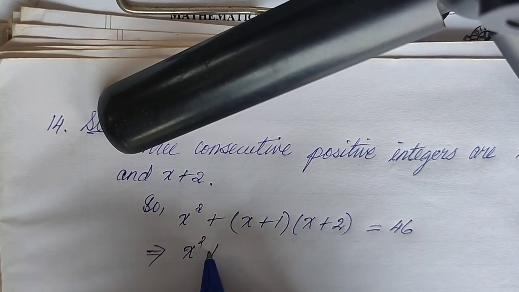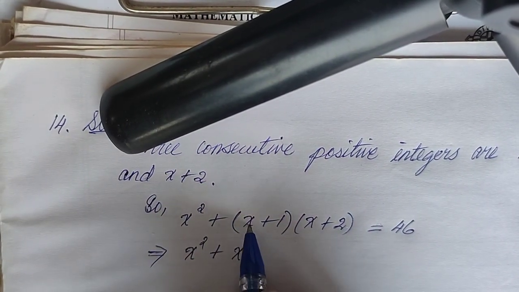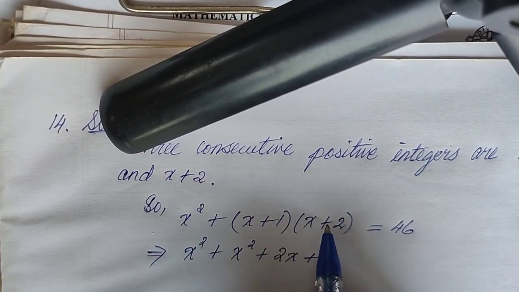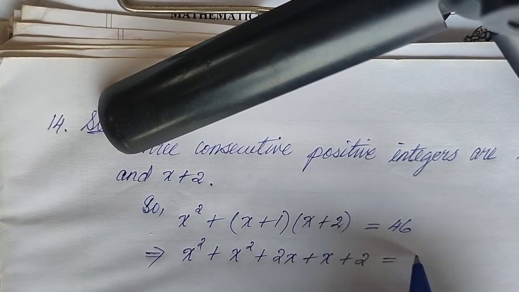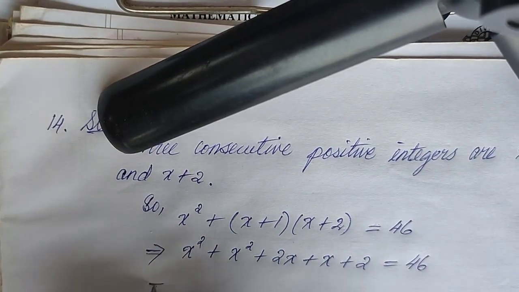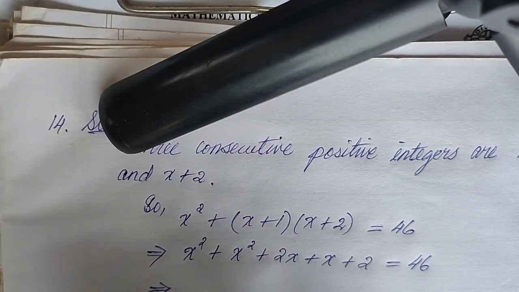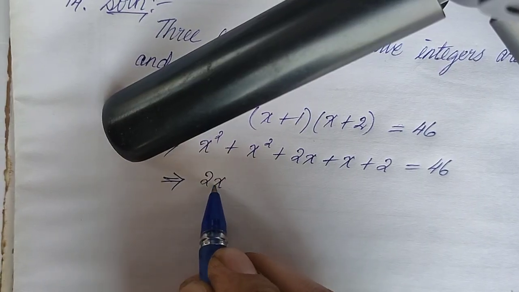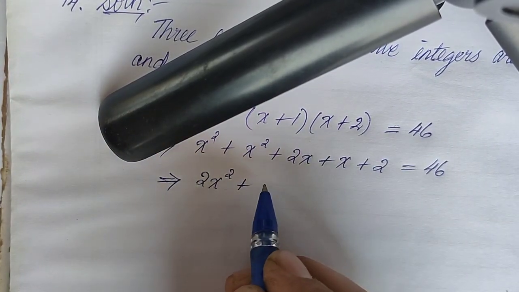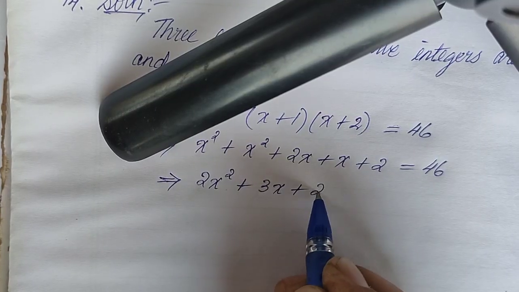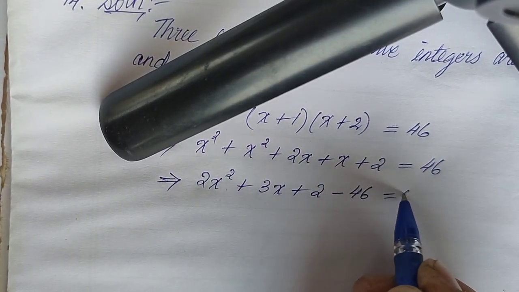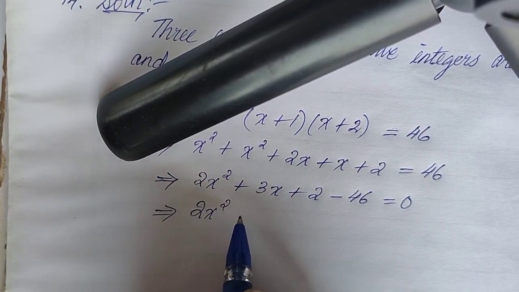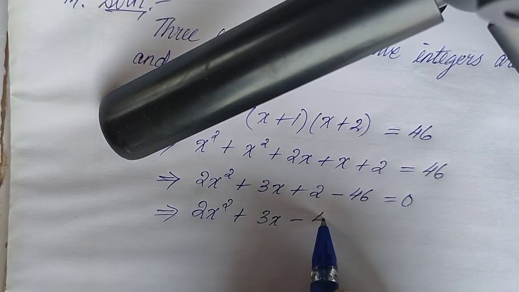Expanding: x squared plus x into x squared, x into 2 plus 2x, plus 1 into 1 plus x plus 1 into plus 2 plus 2 equal to 46. Combining like terms: 2x squared plus 3x plus 2, minus 46 equal to 0. So the equation is 2x squared plus 3x minus 44